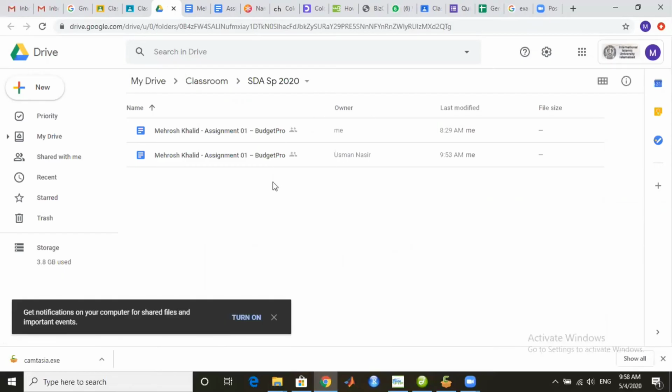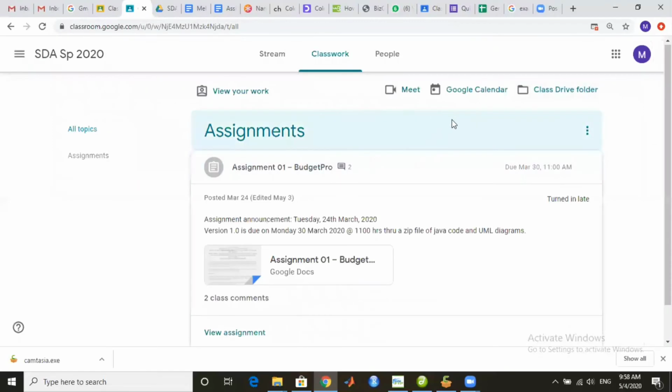And here there are two files that I have submitted to my teacher. I can share these files, I can download these files, and everything else.